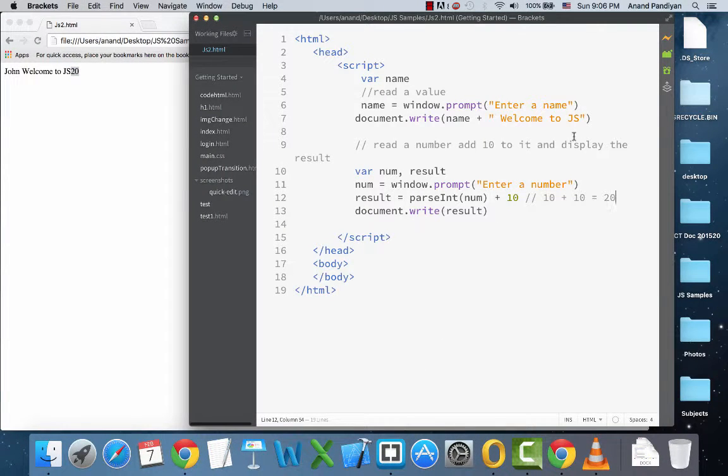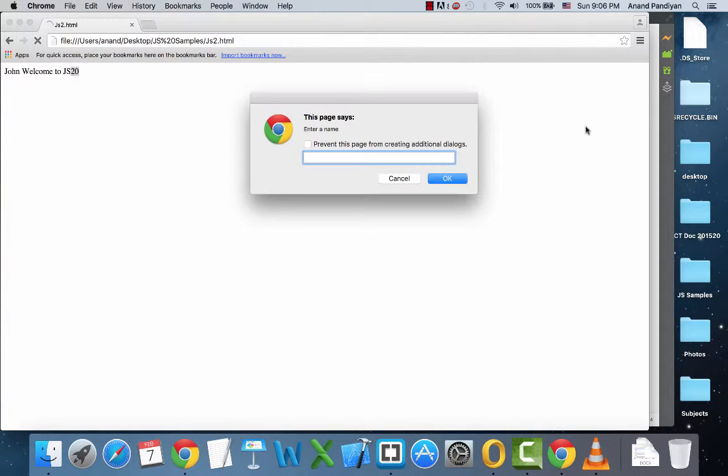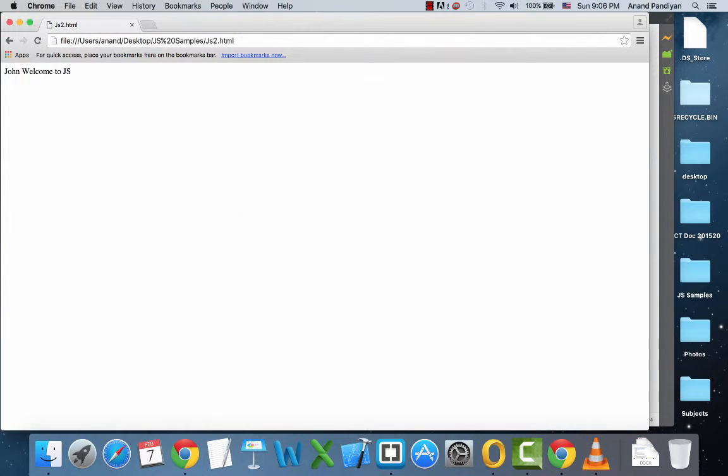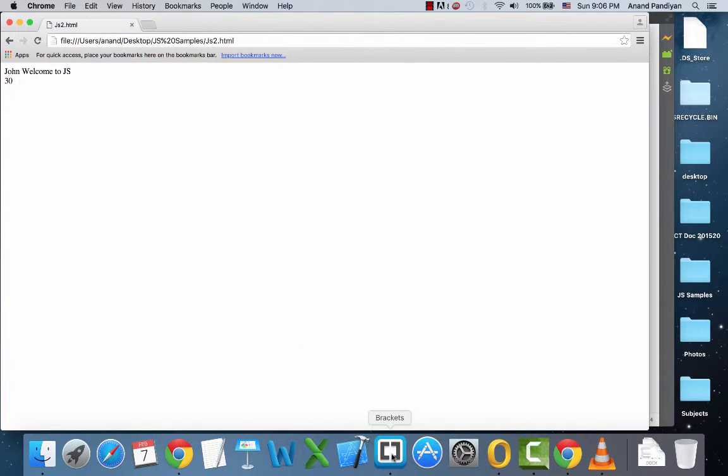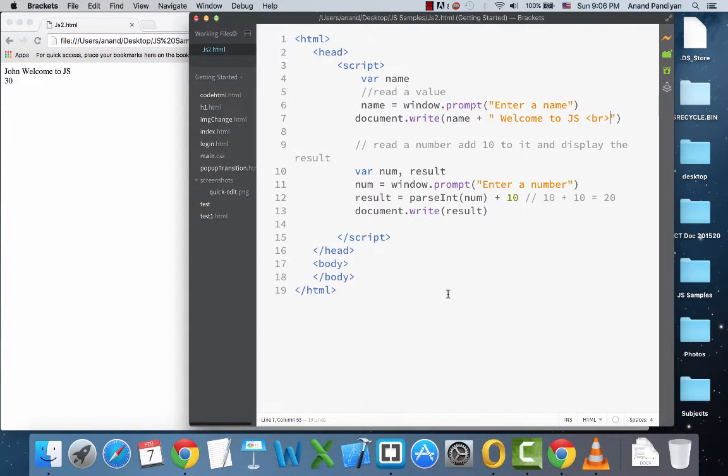Let us put a break here, so our result will be displayed on a new line. So welcome to JS, and the result is 30. So you can read a text and you can convert it into a number and use it with our expression and display the values. So to read the value from the user, we are going to use a method called